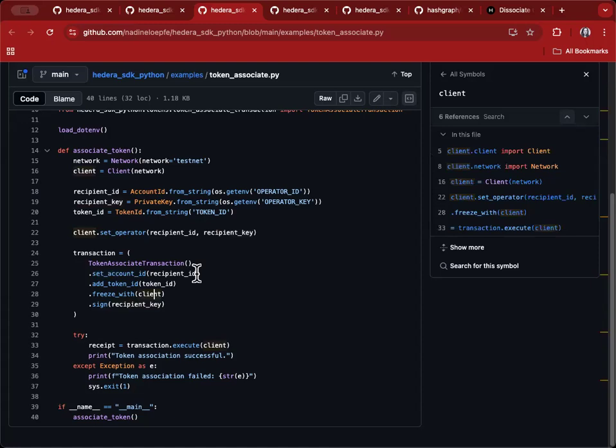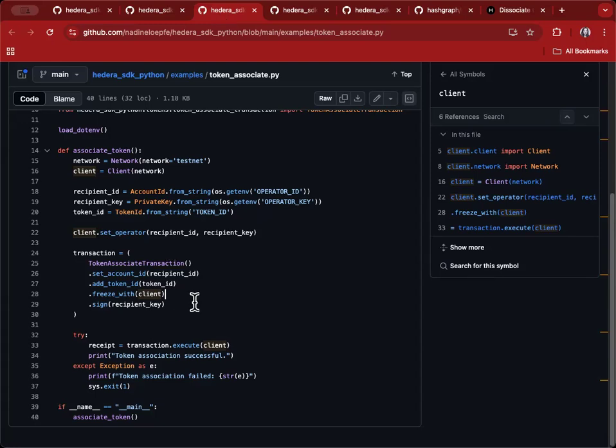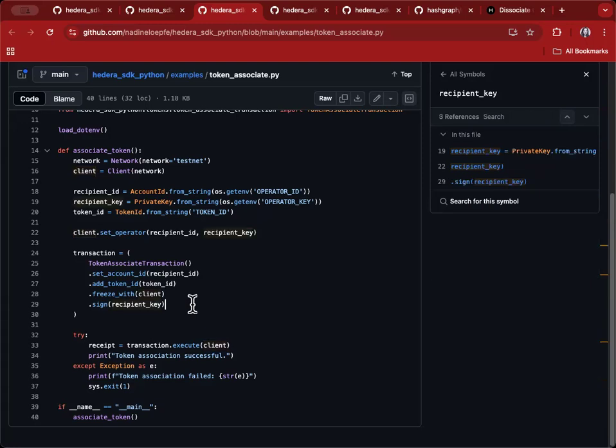So recipient ID, maybe you could use user ID or even account ID, but I think these things are not too important to worry about. And then, as we discussed in the protobuf for the associate, which I have deleted, it also told you that you need to sign with the recipient key. So it's nice that